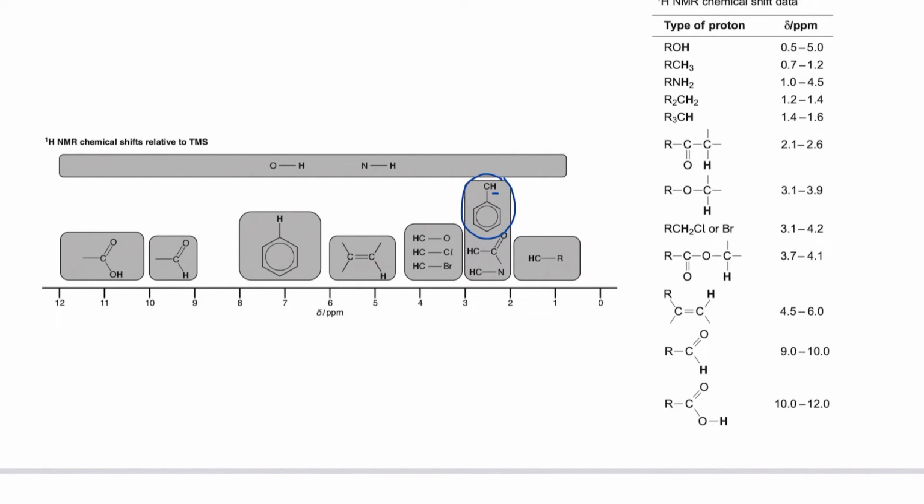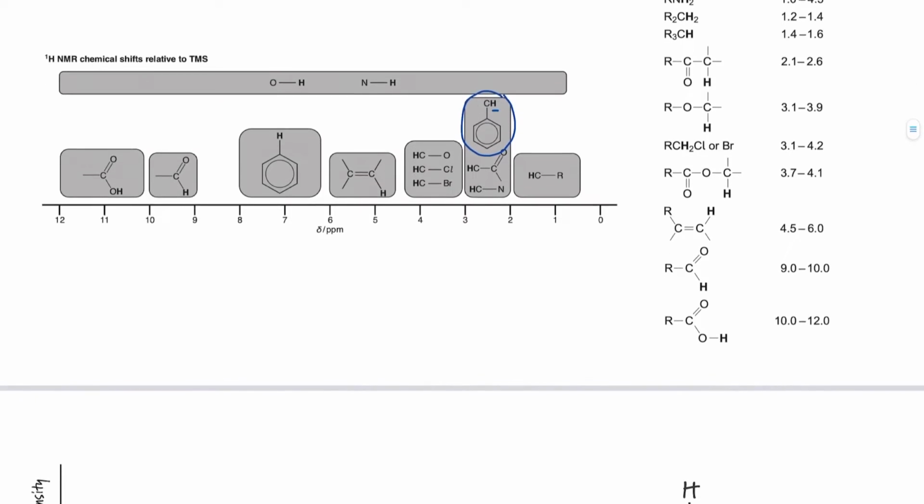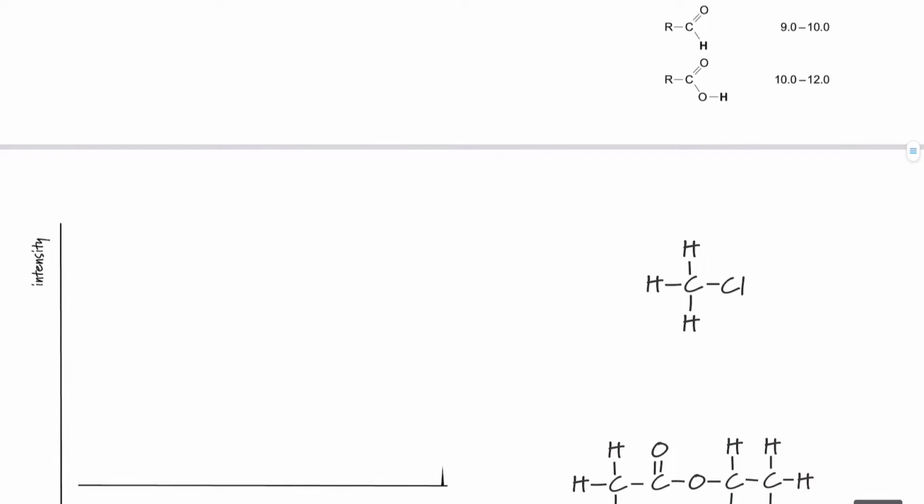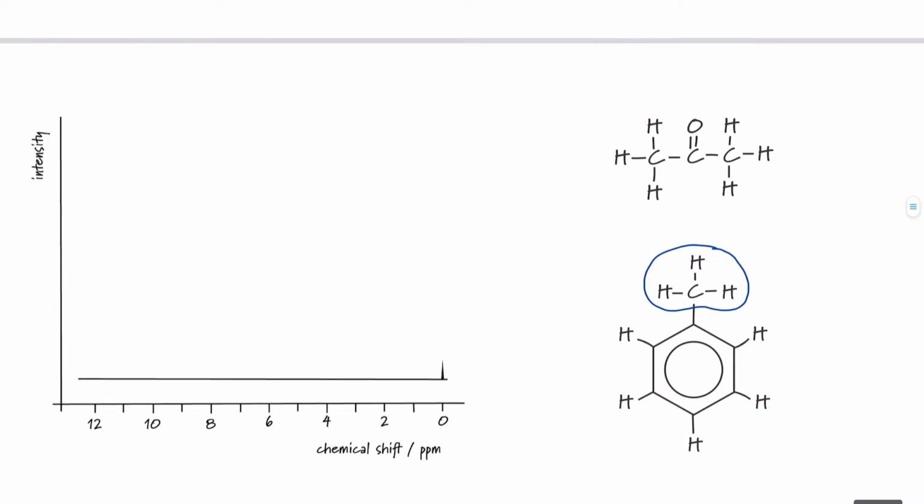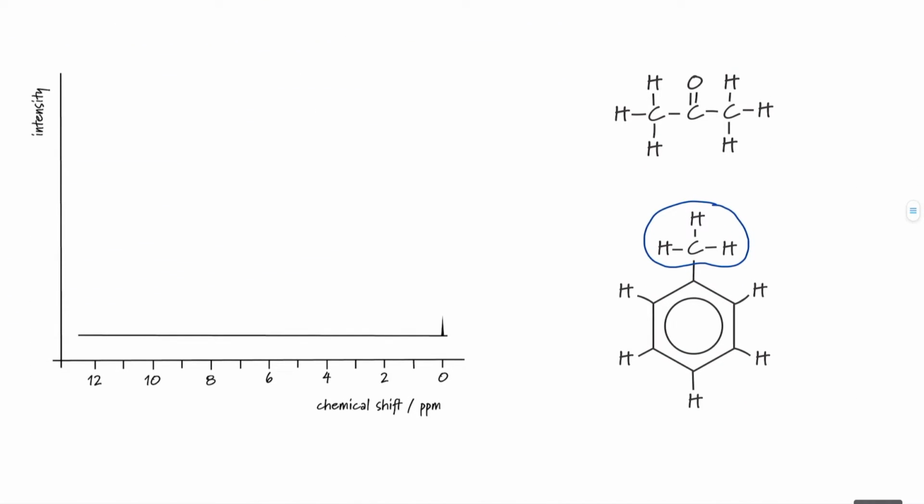Interestingly, on the data table, they don't include benzyl or aryl types of protons for NMR. So we would expect a peak at 2.3. Where are we? 2.3. So we would see a peak about there with